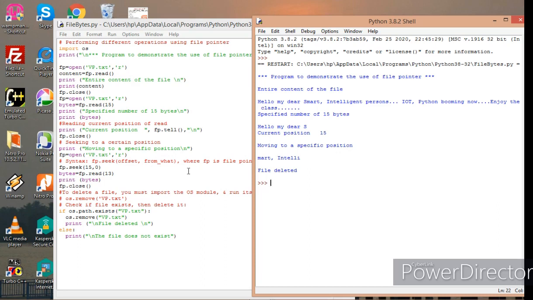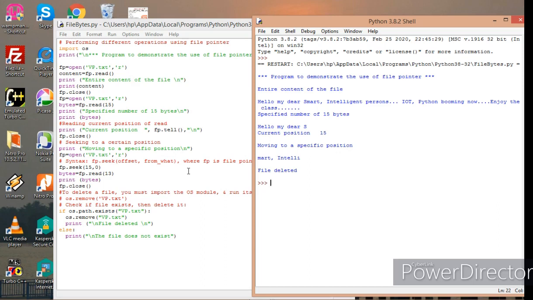In Python, the seek function is used to change the position of the file handler to a given specific position. The file handle is like a cursor which defines from where the data has to be read or written in the file. The parameters, as I have said, are offset and from what. Offset means the number of positions to move forward, and from what defines the point of reference. It does not return any value.